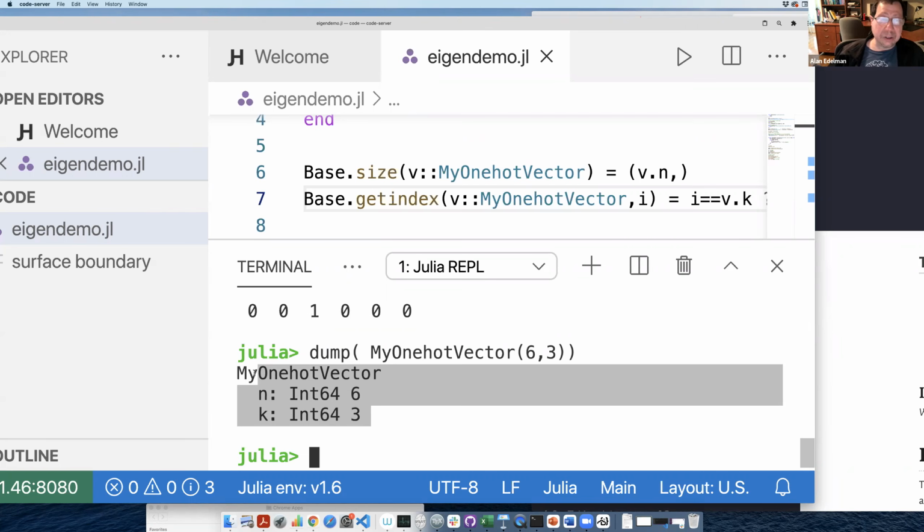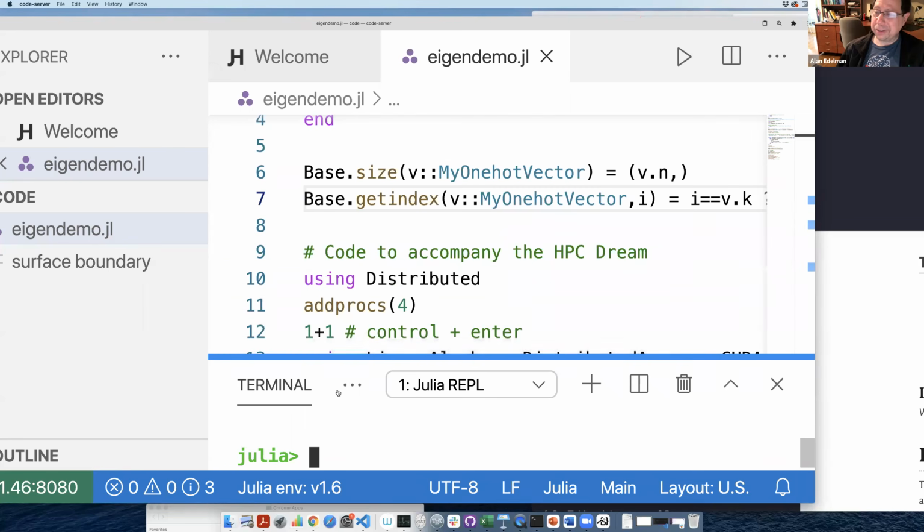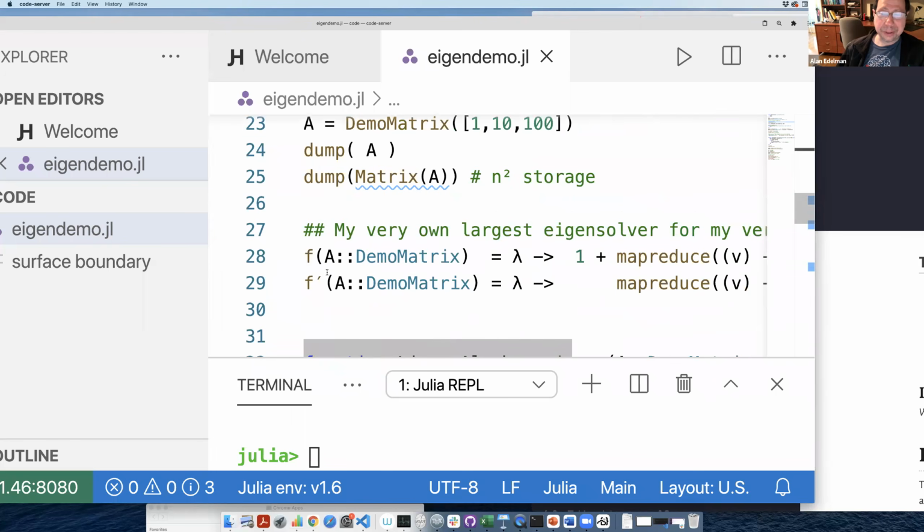Julia's really very good at this sort of thing, where you get the benefit of being able to use your extra knowledge, if you know how to use it, and get the benefit of performance and storage, and still have it look like you're just working with the naive object. That's a nice feature of Julia. All right, I hope that answers the question, Estelle. And I had a little bit of fun playing with this too.